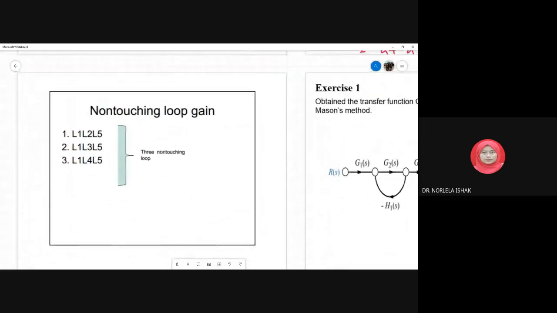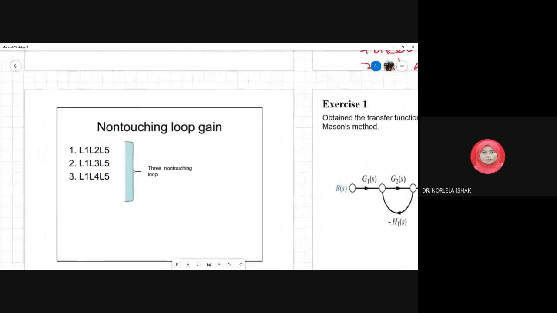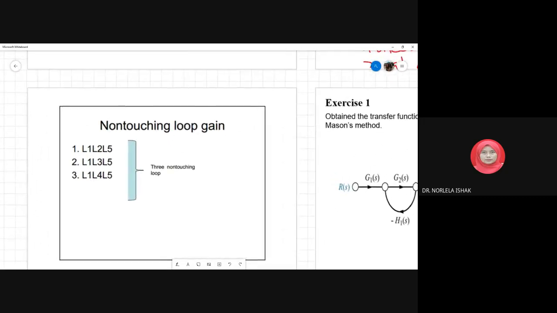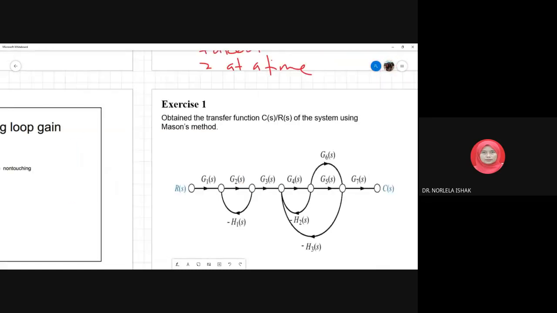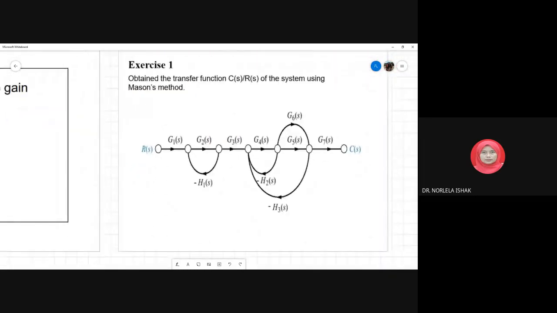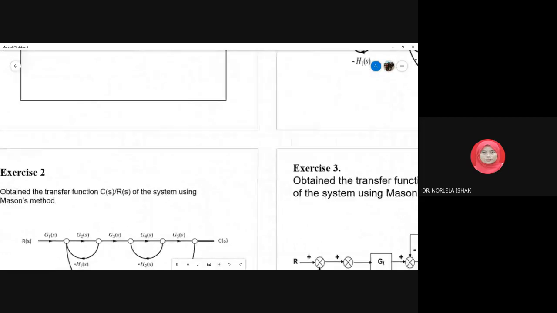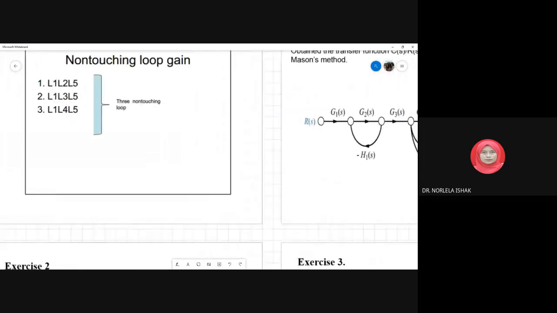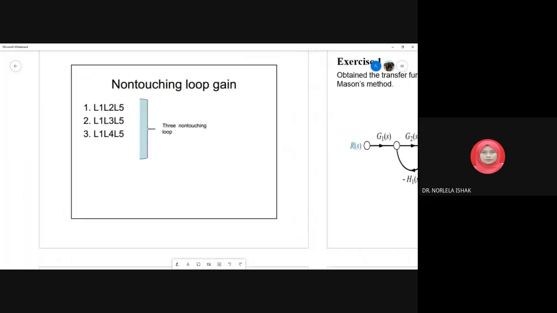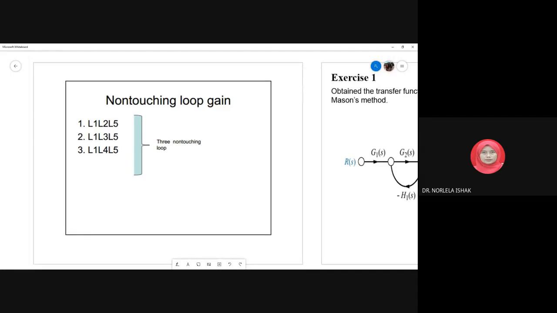Okay, so let's say from here, supposedly you dah boleh define the transfer function. So ni nak cari apa ni? Okay, so madam leave it until here. So I think 2 o'clock already. So hopefully